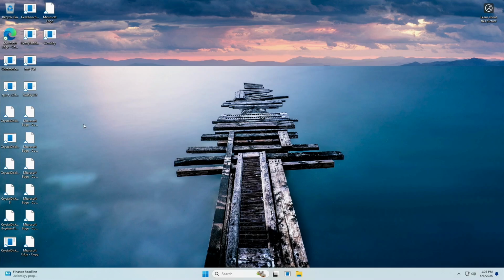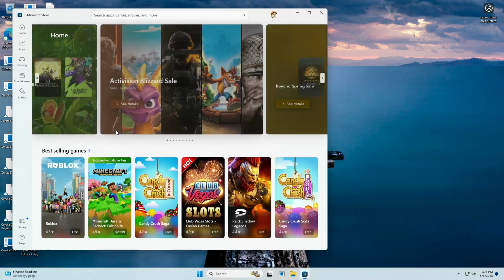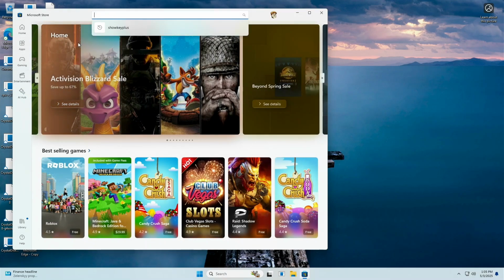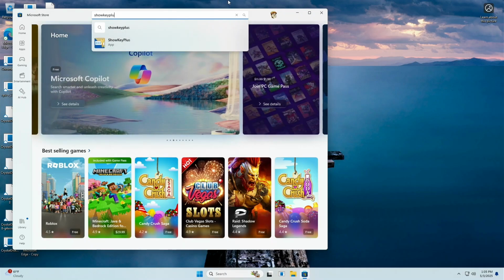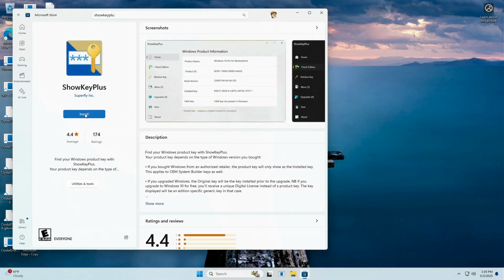So what we'll want to do is go into the Microsoft Store, and we're going to want to look for Show Key Plus. It looks like this icon. And we'll install it. If we click on Open,